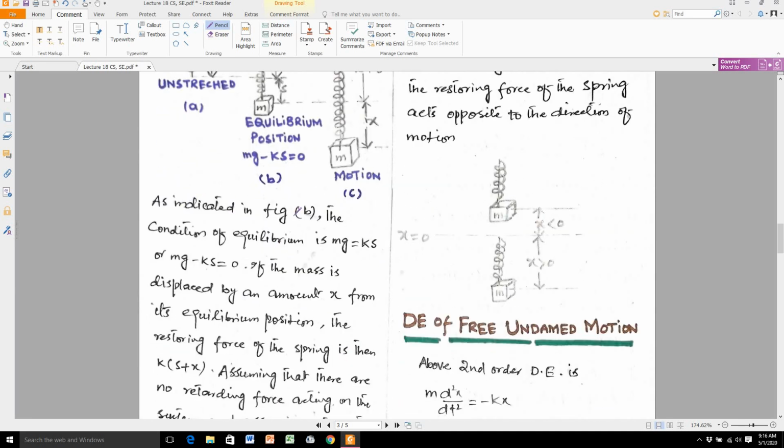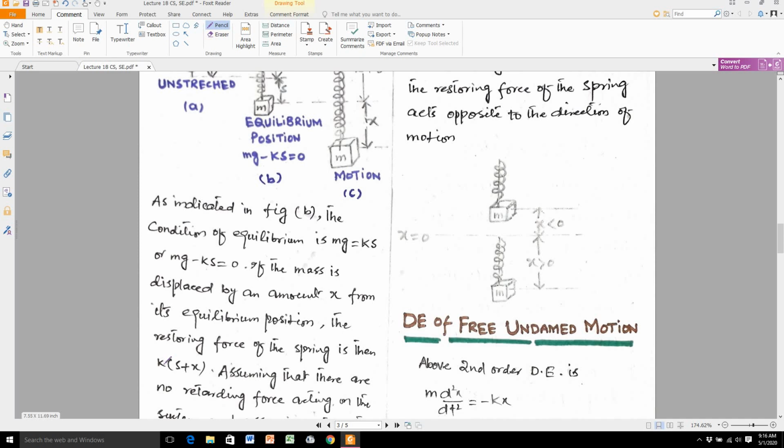As indicated in figure B, the condition of equilibrium is mg equal to Ks. Here, the weight of the body is mg equal to Ks. So I am writing mg, or mg minus Ks, in place of W. If the mass is displaced by an amount x from its equilibrium position, the restoring force of the spring is